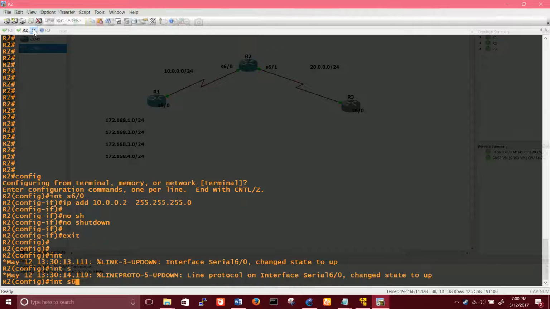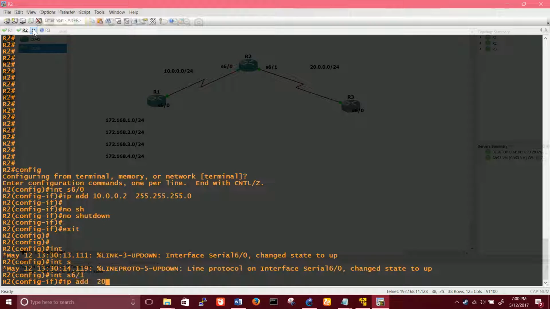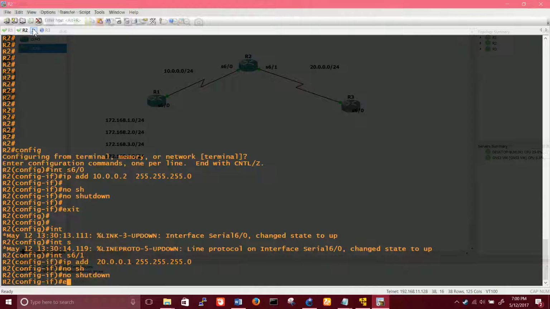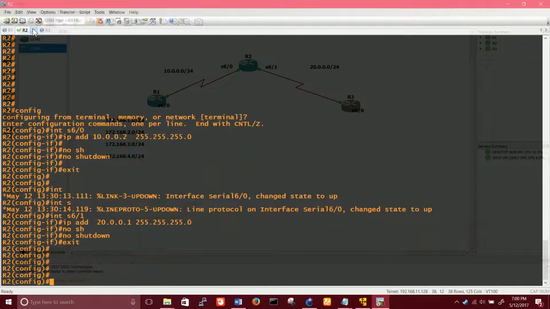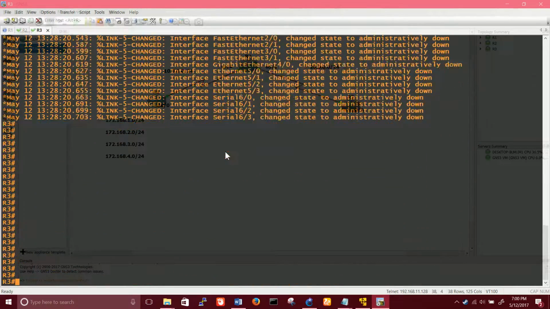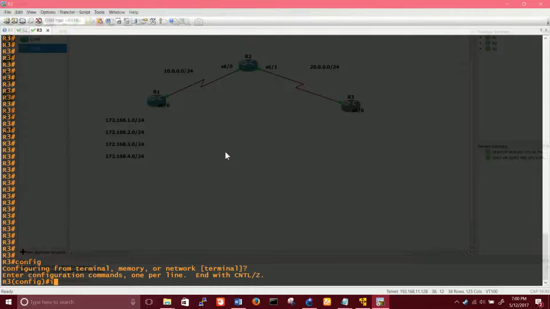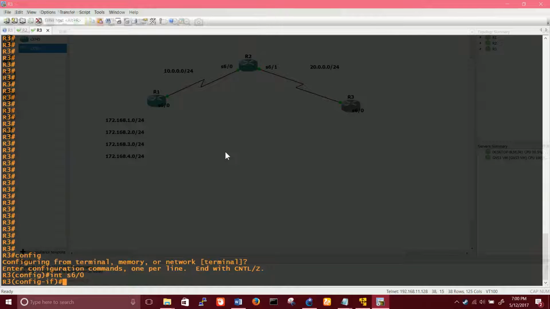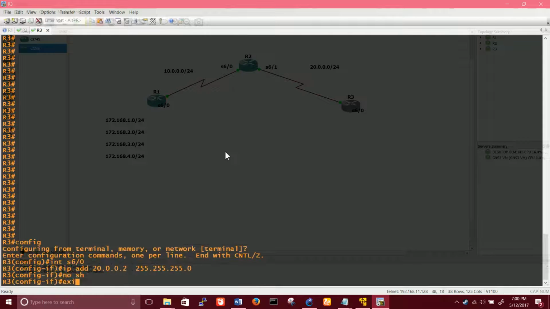Interface serial 6/1. IP address 20.0.0.1 255.255.255.0. No shut. Exit out. So the IP addressing is done here. Let's hop on to R3, and in here we only have one interface. Interface serial 6/0. IP address will be 20.0.0.2 255.255.255.0. No shut.